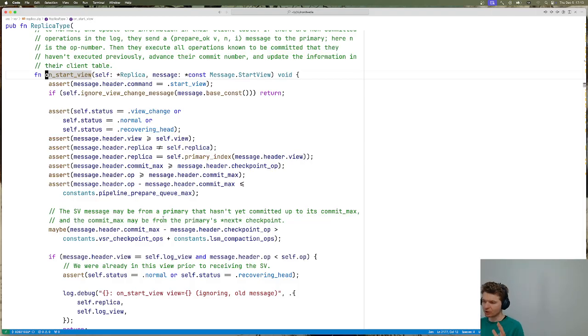So start view is a message which is sent from a primary, and it tells us the latest state of a cluster from the primary's perspective. But the primary always has the most up-to-date information, so the primary knows. Okay, and when a backup receives start view, it can advance three things. First of all, of course, it could